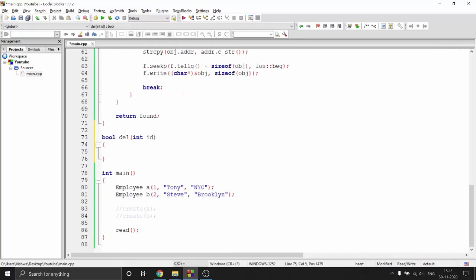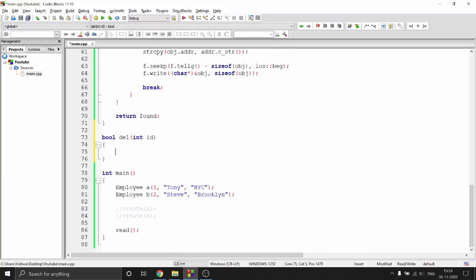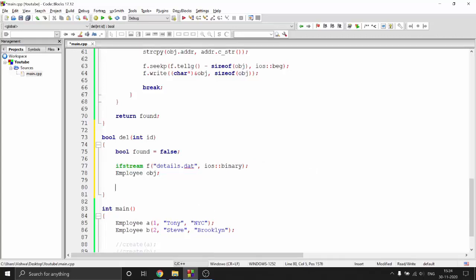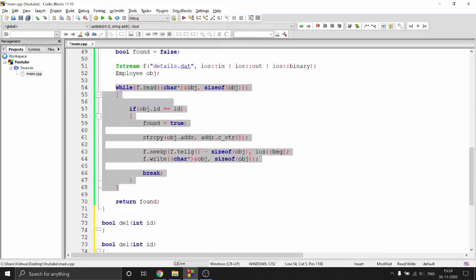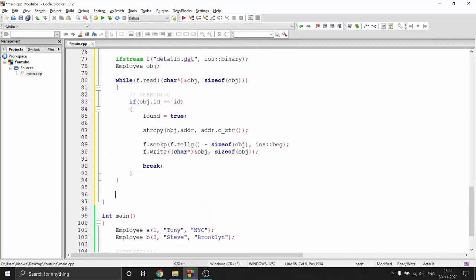Now what you're going to do here is, the process remains the same. You first search for the object, so these things remain the same. You just copy and paste this thing. Instead of fstream, you could just say ifstream because it's just going to read it. Right, and here I'm just going to search for that file. So the whole thing you will just copy and paste. Well, you don't need the whole thing. The inside is going to change, the if condition is going to change, and then you just say return from.